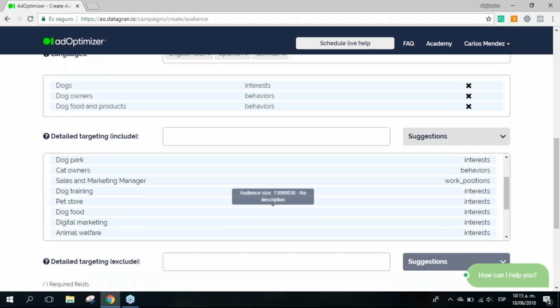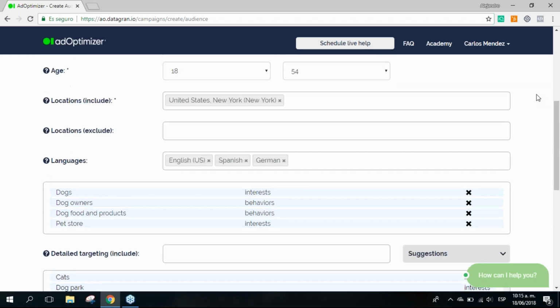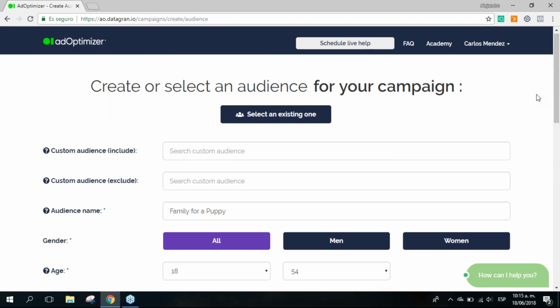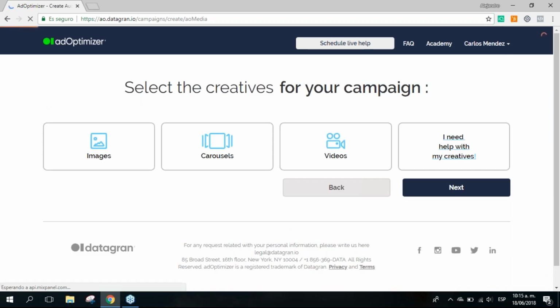So it's something that we need to play with, like how many detailed targetings we include. And once we have reviewed this, we have a pretty solid audience. Then we can go ahead and click next. And this will take us to the third and final stage of the campaign creation process, which is the creatives